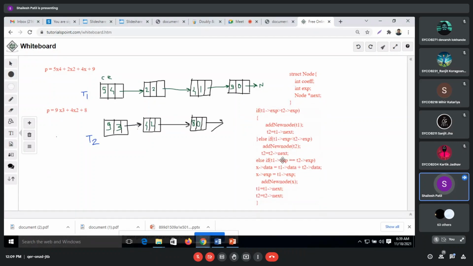So we'll just check now what will happen in this example. So initially, T1 equals T1 next is needed, right? What did I do? In the if statement, below add node. Sorry, this happened by mistake. Sorry, T1 is equal to T1 next.